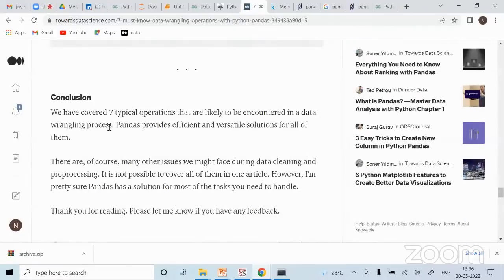So typically these are the 7 major operations that are typically encountered in the data wrangling process. And trust me, this is the most important step and the most time-taking step. Why am I saying time-taking? Because you have to go through the column names one by one and see whether everything is in a proper format or not.